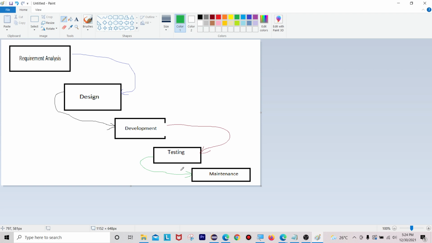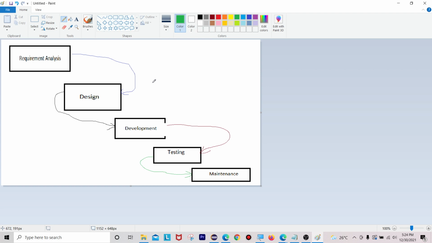And until you deliver the whole product, you don't have any software. You are not going to give any kind of software until it is fully developed. So here no working software is produced until late in the life cycle. It is not possible to give any piece of the developed software application to the customer until it is complete. So these are the disadvantages of the waterfall model.